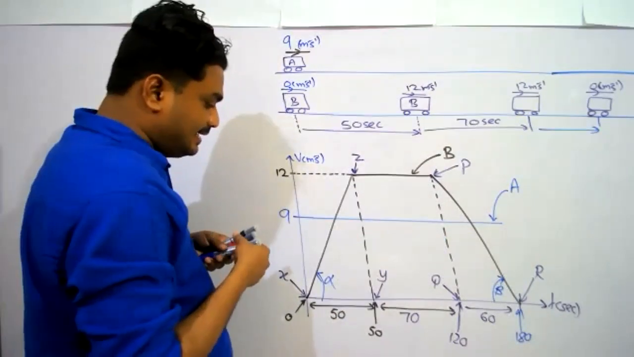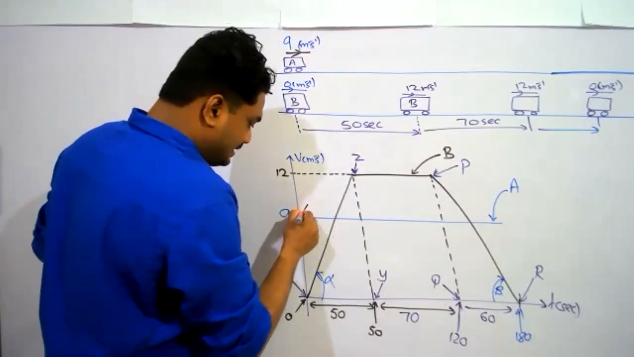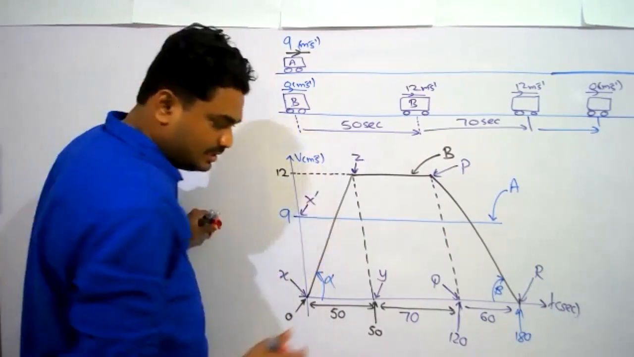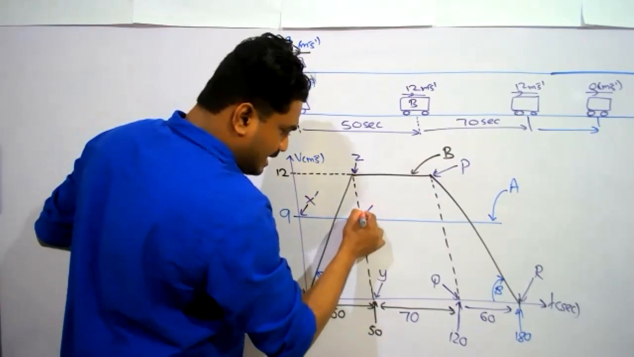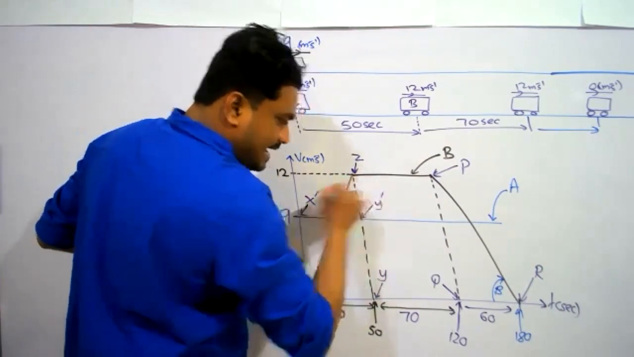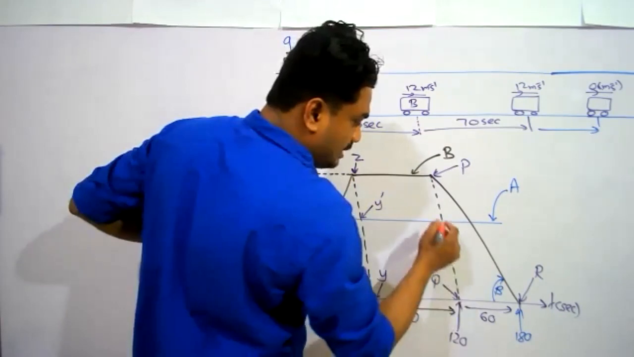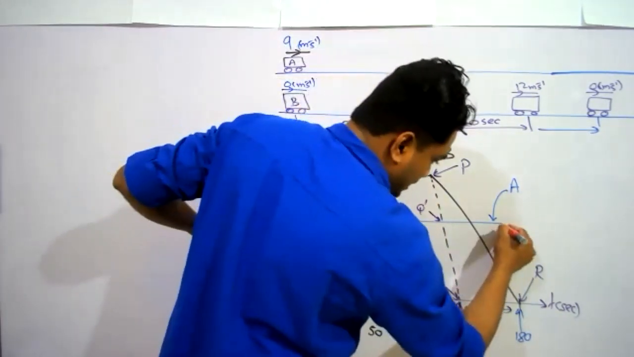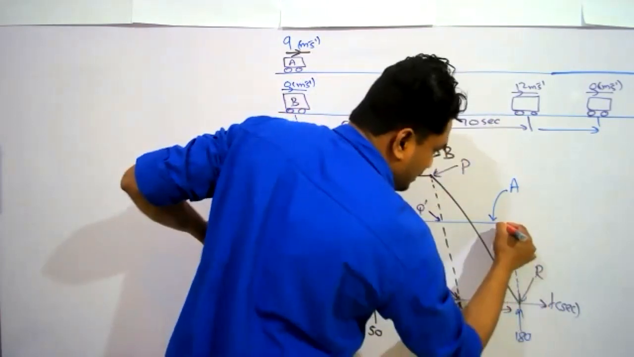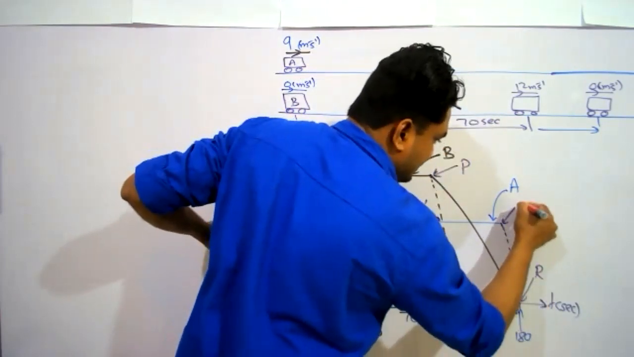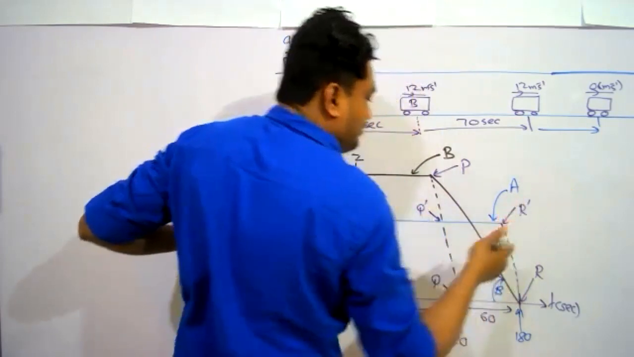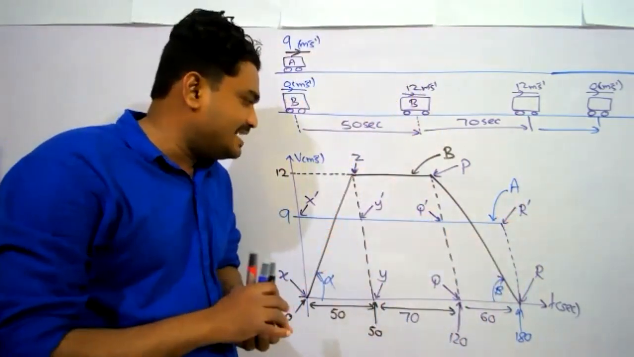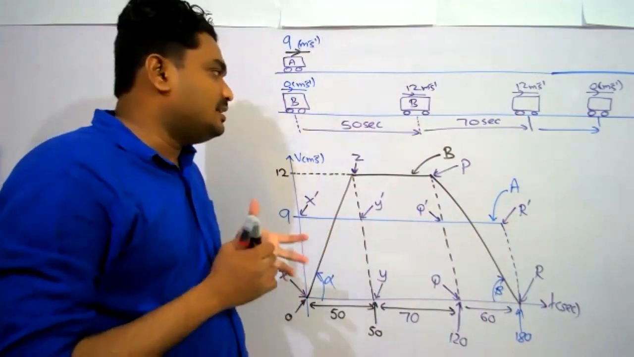One more point, and let me mark this point as X. Let me mark this as X dash. This is Y. Let me mark this as Y dash. This is Q. Let me mark this as Q dash. This is R. So let me mark this as R dash. So sometimes we will need this X, Y, Z, P, Q, R, X dash, Y dash, P dash, Q dash